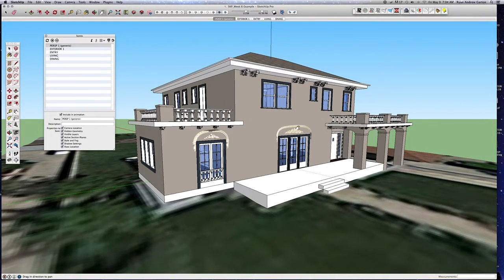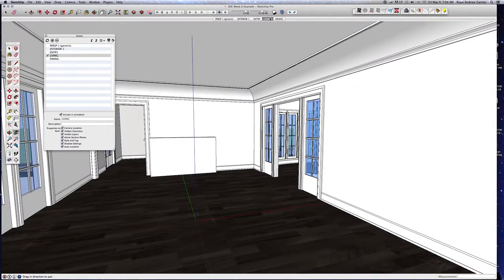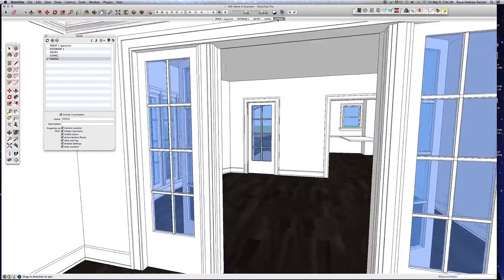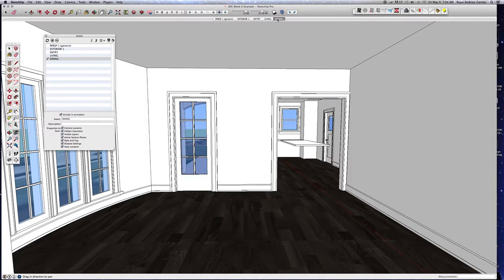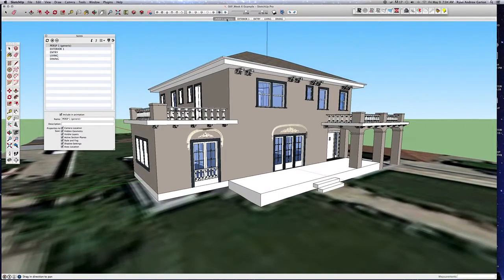So I have a few of my basic scenes that I can now use to walk this person or myself through the model. And these are really true to the way you'd actually see them if you were walking around on your own feet. So now what I want to do is start putting in some section planes. So what I'm going to do is always start from my perspective 1 generic, and I'm